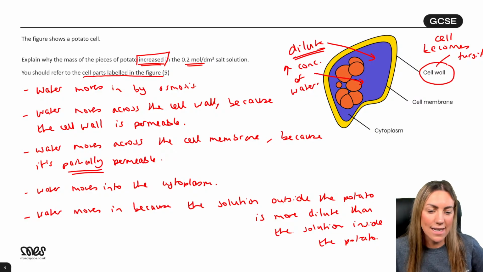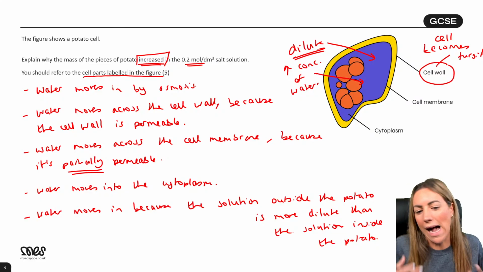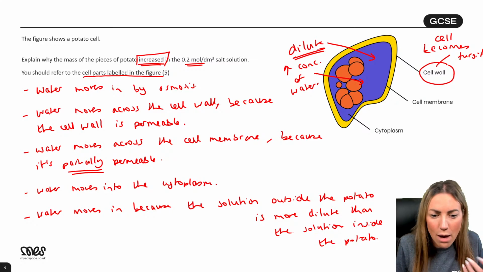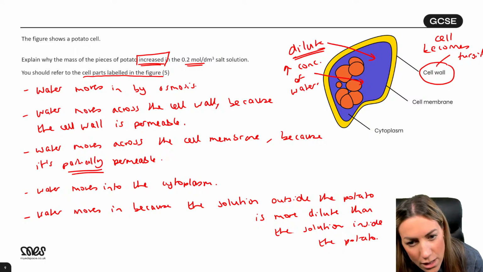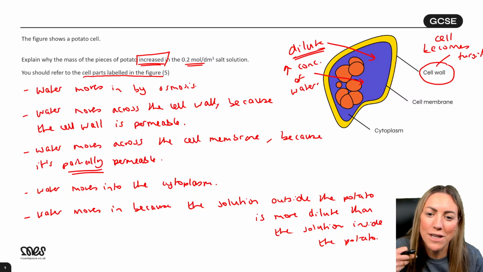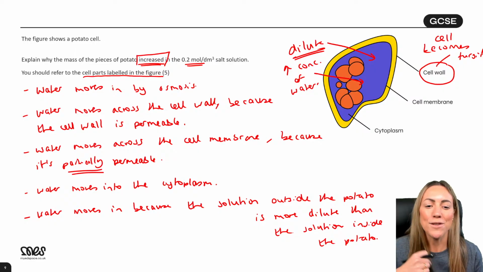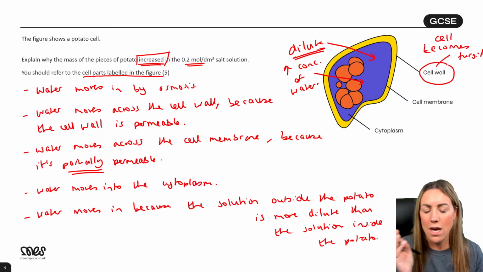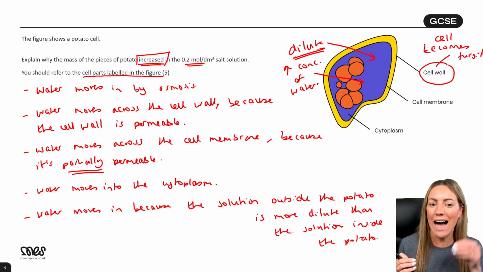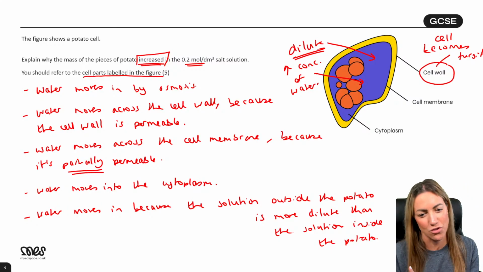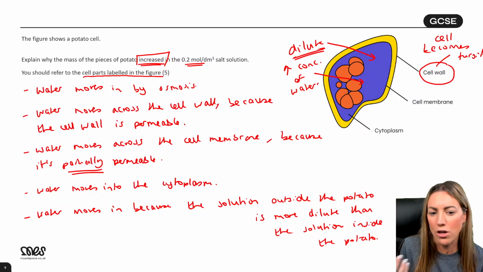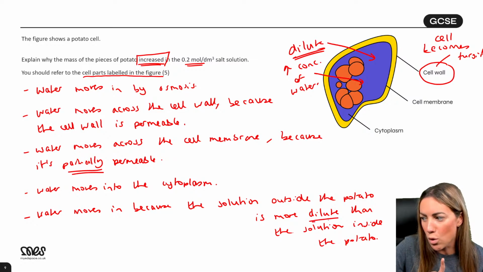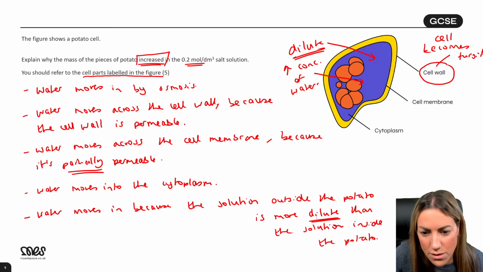Semi-permeable is okay at GCSE, it's just not for A-level. So I always use partially permeable for GCSE and A-level. But yeah, partially permeable, selectively permeable, semi-permeable. From lower to higher, yeah, if you're talking about solute, Freya, it's moving from a lower concentration of solute to a higher concentration of solute. But if you're talking about water, it's moving from a higher concentration of water to a lower concentration of water. So you've got to be really, really careful with osmosis definitions, which is why I always just say the water moves from where it's more dilute to where it's more concentrated.